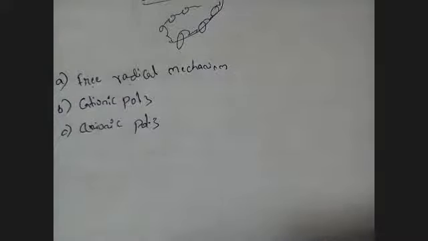For example, suppose the chain is long, it involves a process. What is the process? First we need to take the chain, and second we need to see where the link is. We need to open that link, make a hole to join the other link, and then we can close and lock it. Is it right? This is the way. So for addition polymerization, we have three categories: free radical mechanism, cationic polymerization, and anionic polymerization.